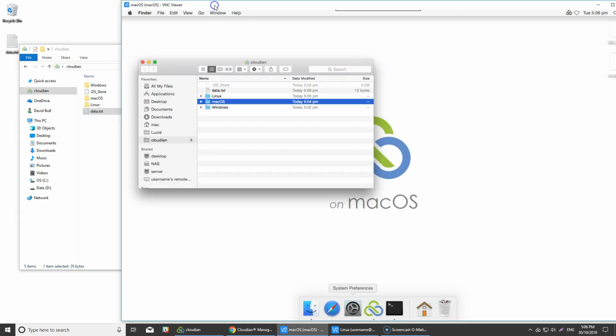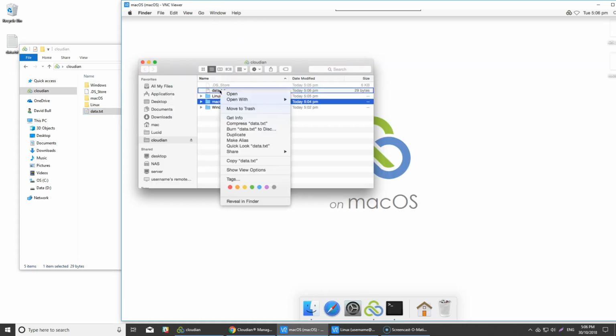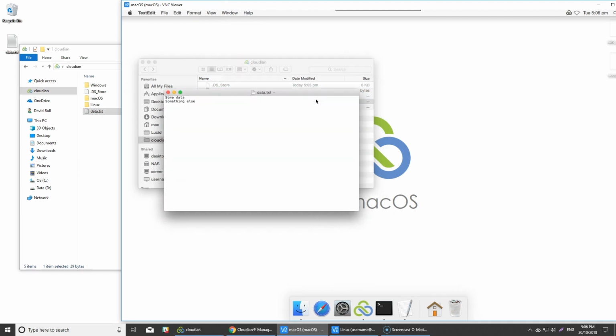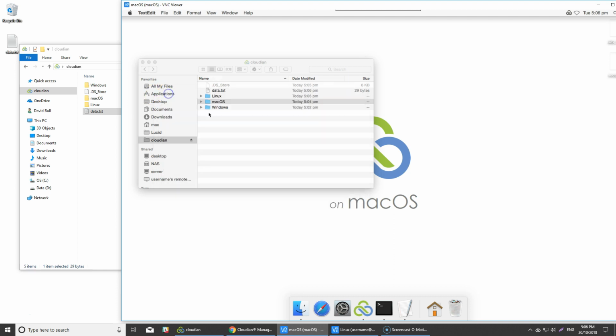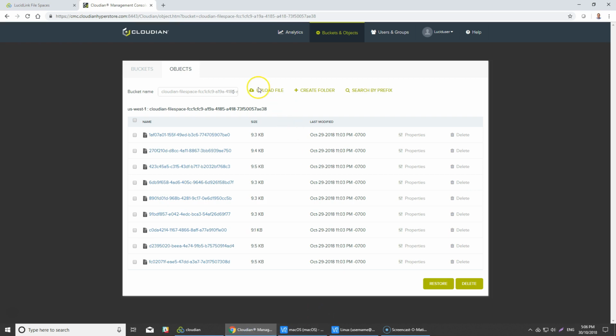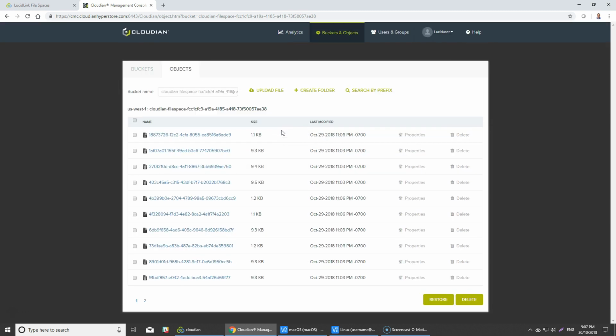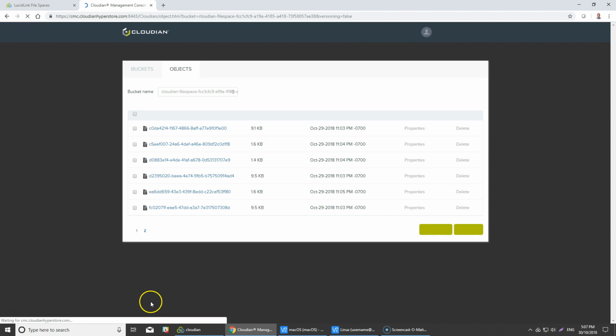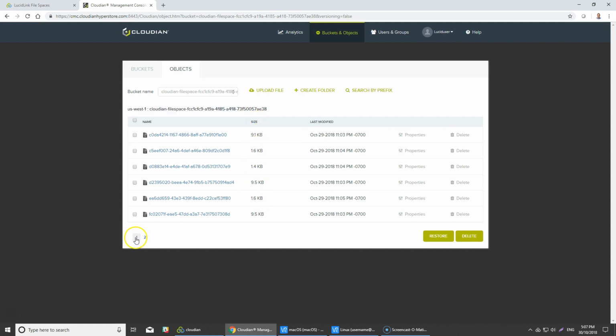And then on our Mac OS machine, we'll be able to open with text editor and we'll see our additional data. So now we've shown 3 operating systems collaborating in the same file space. We've added some data. We've demonstrated our data layout. So if we look at what our objects look like now, we can see in the object store, we have a few objects, 2 pages of objects, not a huge amount of data,